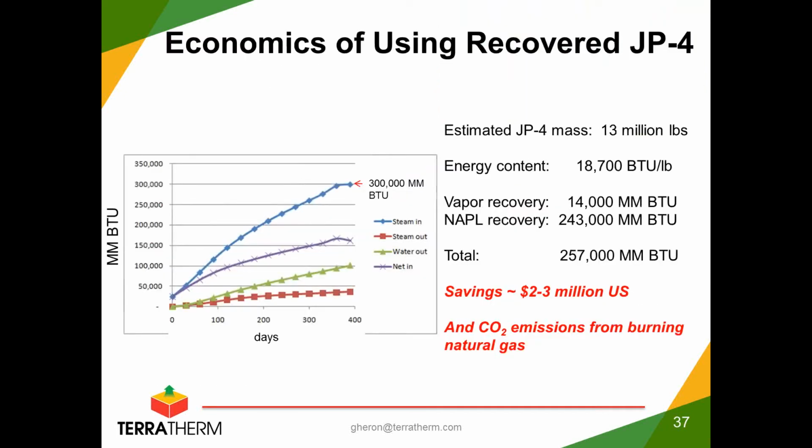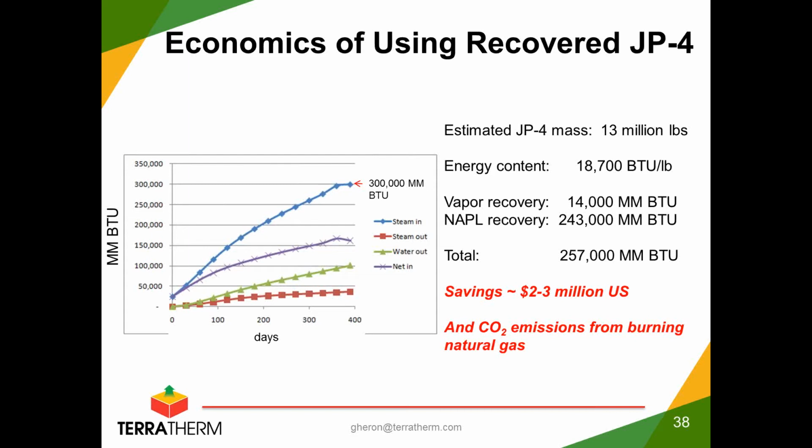Here's a quick balance for the site, a preliminary estimate of how much we're going to extract: 13 million pounds. And if you look at the energy in that, most of that's going to come out as NAPL, and we'll have somewhere in the range of 240 million BTUs in NAPL. We need about 300,000 for the project, so it's close to all of the energy can come